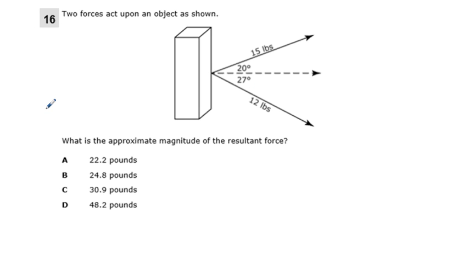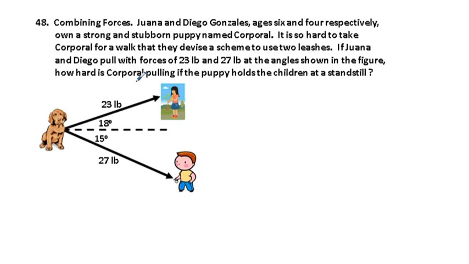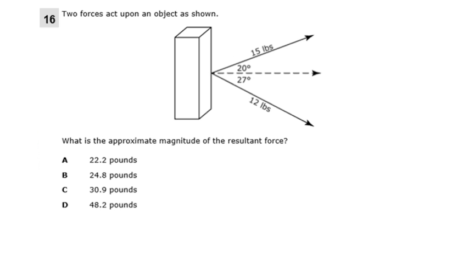You're going to have one like it pretty similar to that. The last one we're going to look at here is 16. Two forces act upon an object as shown. What is the approximate magnitude of the resultant force? This is very similar to the problem we did in class about the corporal, the stubborn puppy that is held by two leashes, and you get a net force by combining these two. The thing you have to be worried about is this one below the x-axis, because that's going to require a negative angle. So just going back here,